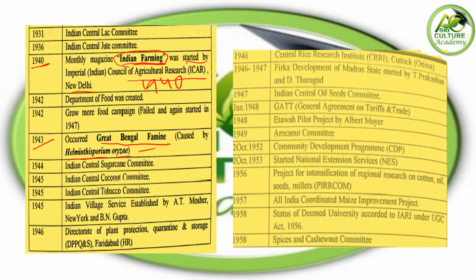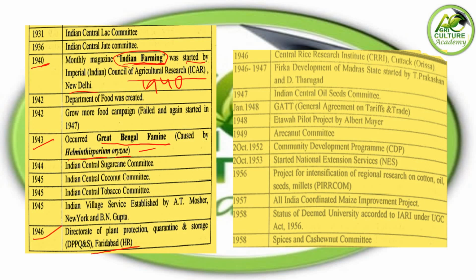In 1944, Indian Central Sugarcane Committee. In 1945, Indian Central Coconut Committee. In 1945, Indian Central Tobacco Committee. In 1945, Indian Village Service established at Mysore, New York, by A.T. Mosher and B.N. Gupta. In 1946, Directorate of Plant Protection, Quarantine and Storage,